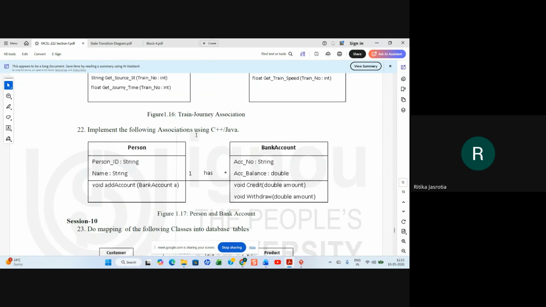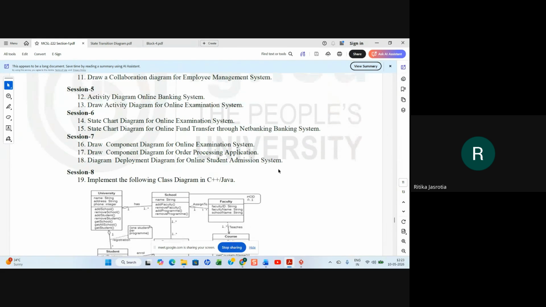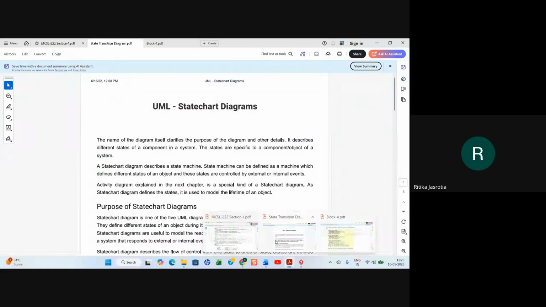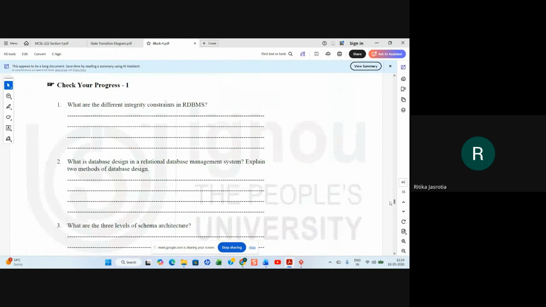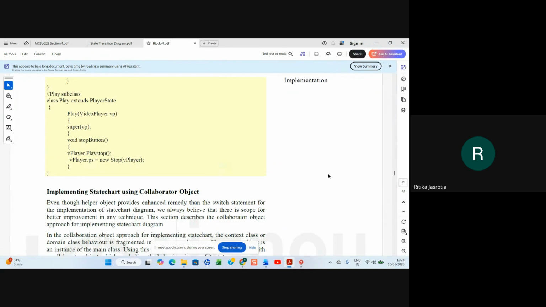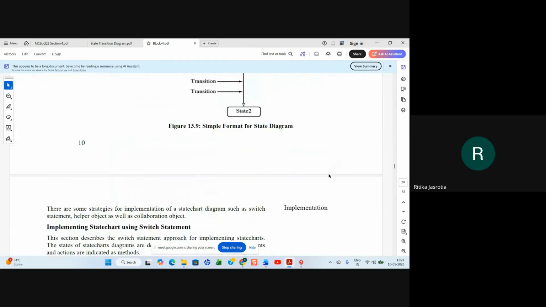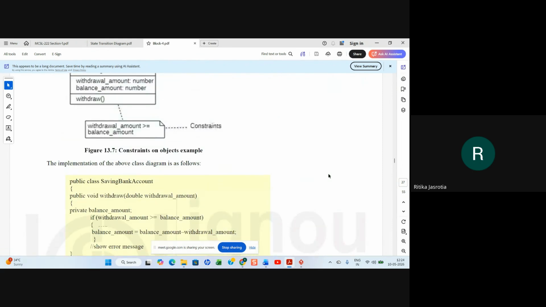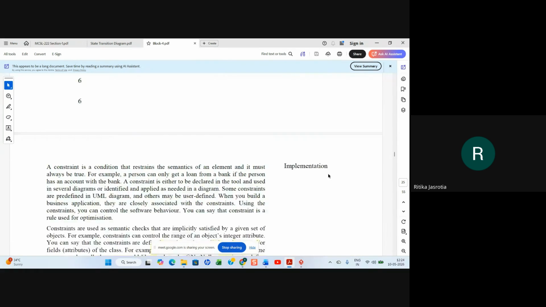So this is what they have asked you to do. It's just an example. I'm just showing you that the fourth block is all about implementation, how it is implemented. So that is what we have to cater to. You will be asked one question on that, how to implement it. So you should basically know what the one-to-many and one-to-one relationships are and how they are implemented. That's all. That is what we are concerned with, not much more.